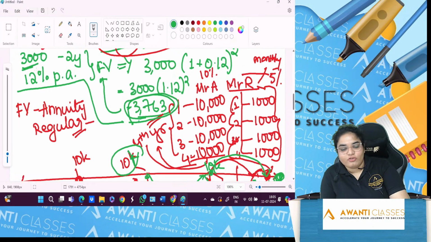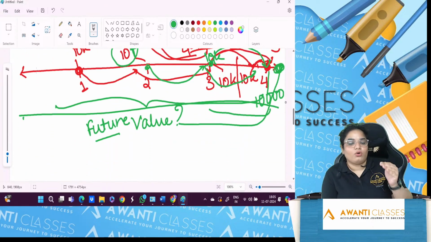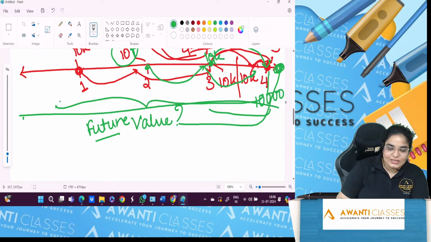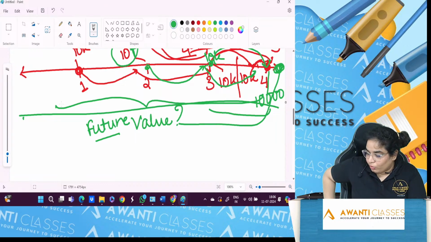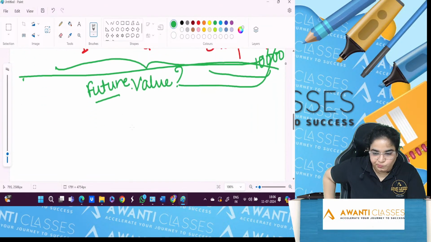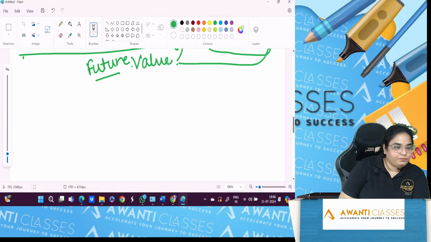Except in the case of an annuity, every year or every month, there are repeating payments. Okay? In this case, let us take an example, and hopefully you will be able to understand this more. Okay, let us take an example of